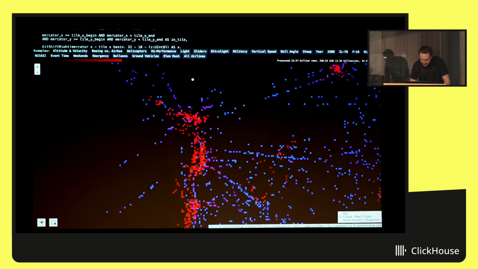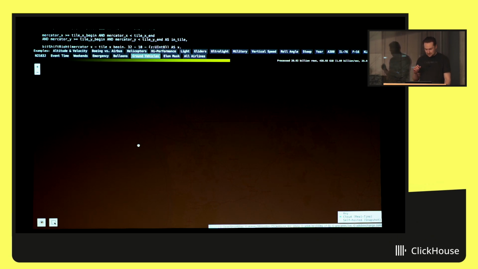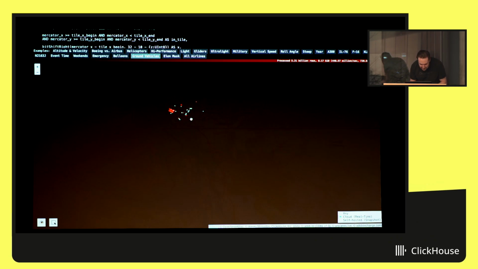Yeah, sure. Ground vehicles in real time, right? Yeah. Why are there ground vehicles? Yeah, they all have transponders now. Inside airports, there are some snow cleaning vehicles or baggage moving vehicles. They don't crash. Yeah, but not everywhere do they have to enable transponders. In some countries they do, in some countries no.